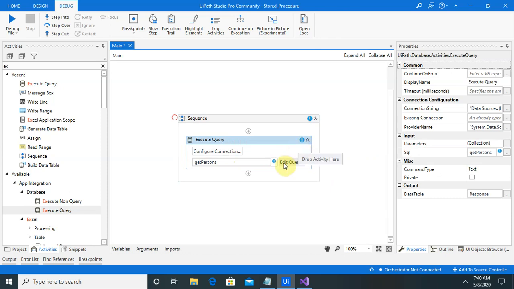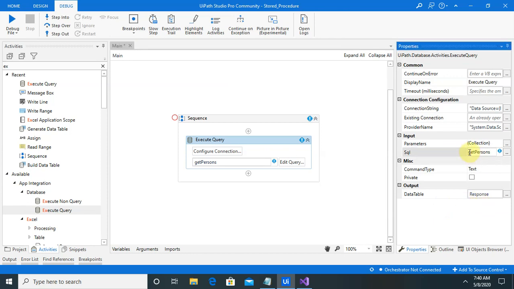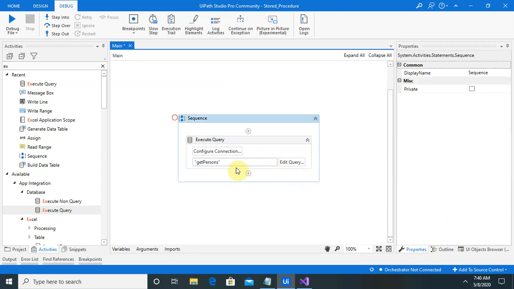Let me check the parameter. Oh yes, here we have to provide the stored procedure name in double quotes. Once you provide that, all your warnings are resolved.